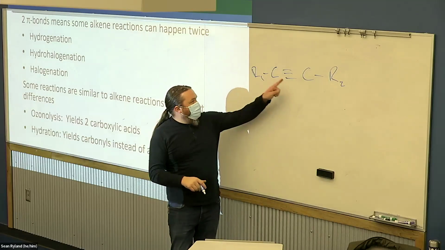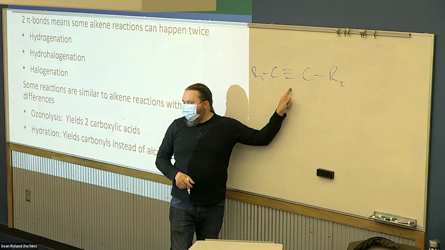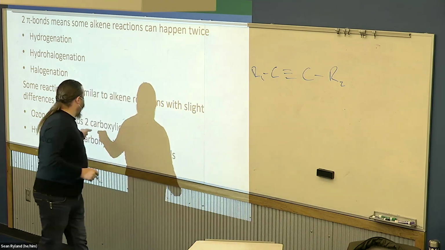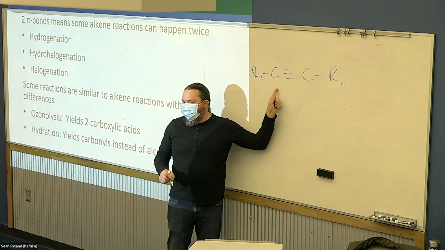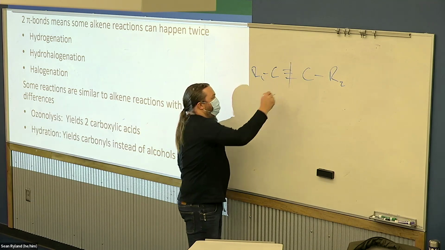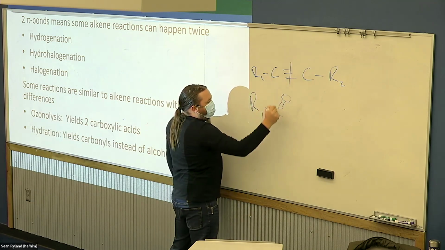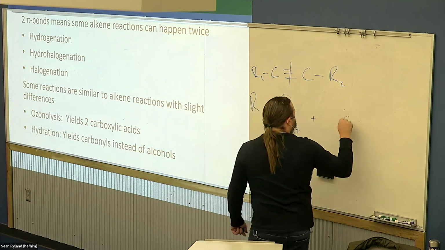if you break all 3 of these, you have to replace all 3 of those bonds. And because this is an oxidation process, ozonolysis, you wind up adding all carbon-oxygen bonds. So breaking all 3 of these would give us our R1 and